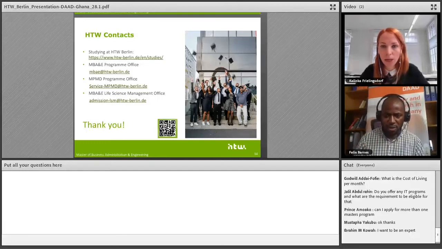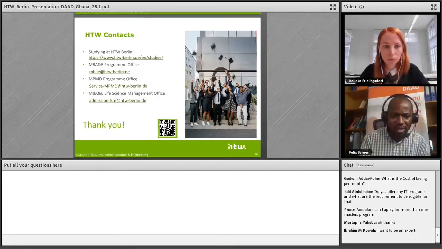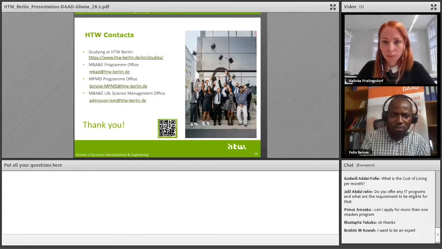It says, improving source of funds. What documents should your sponsor provide? I guess this is even more related to the visa question, the blocked account question.